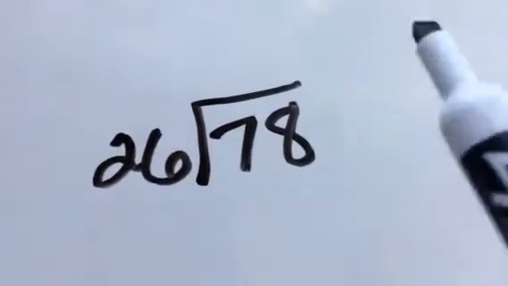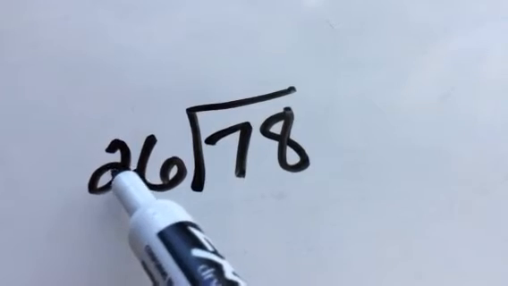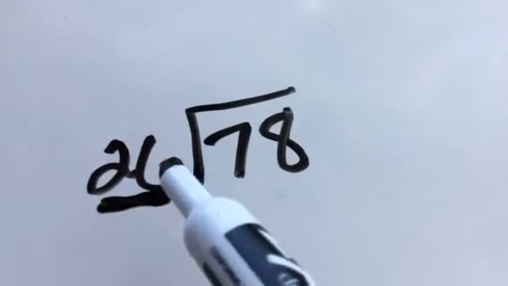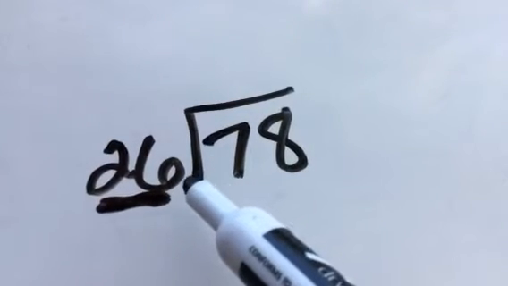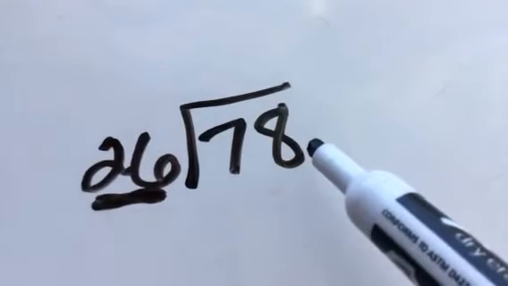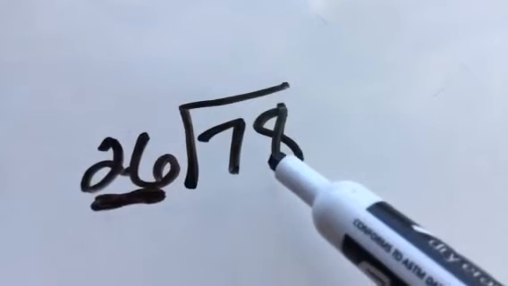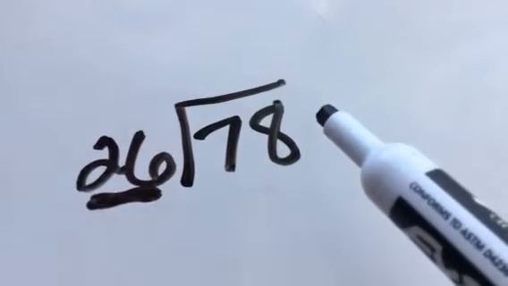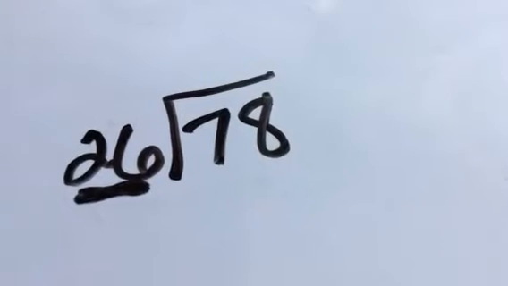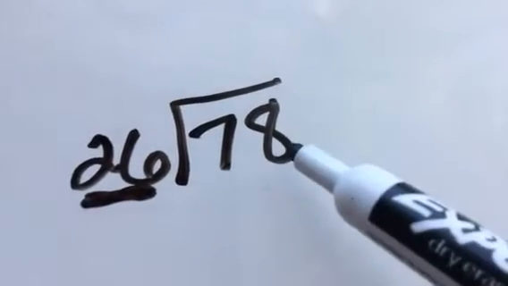Mr. Dela Cruz is going to teach you how to do this, but what you kind of do is look at this number and estimate, is it closer to 30? Is it closer to 20? Well, it's closer to 30. So how many times would 30 go into 78? 30 would go into 78 2 times. But I'm not going to get into that whole division lesson. I'm just going to tell you that I kind of estimated that, yes, 30 would go into 78 2 times,